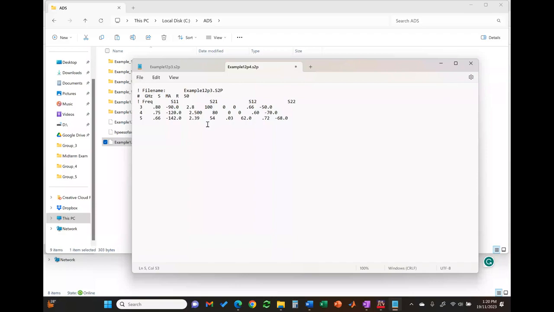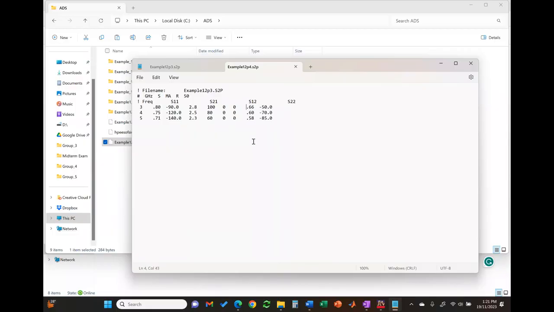This S12 is 0, 0. And this is 0.60, an angle of 70. Now this is 0.71, an angle of 40, 2.3, an angle of 60, and this is again 0, 0, and finally 0.58, an angle of